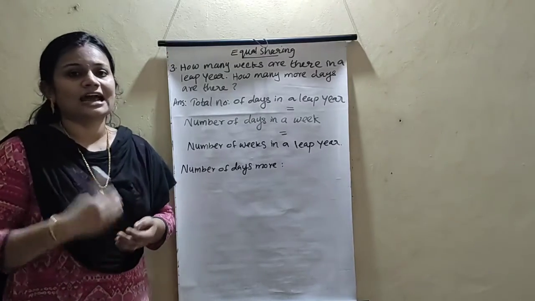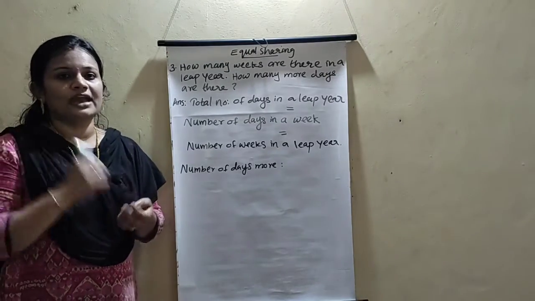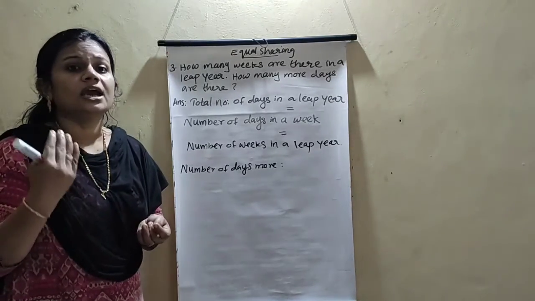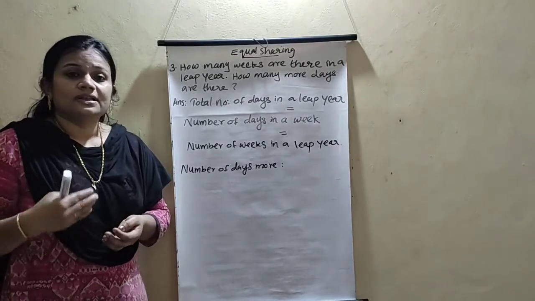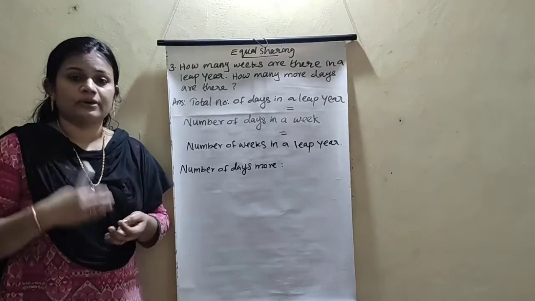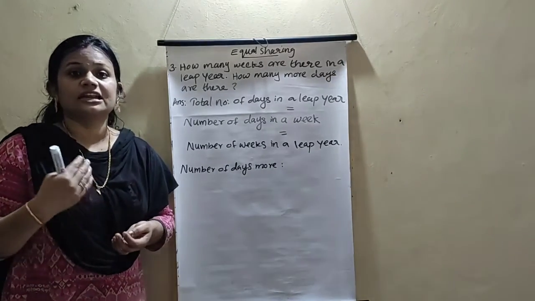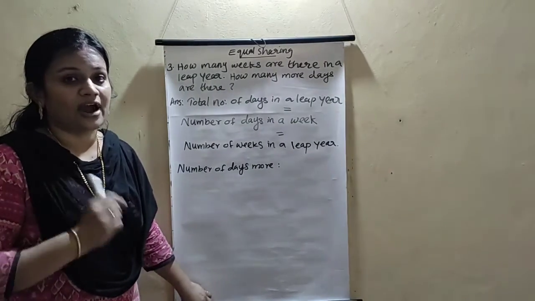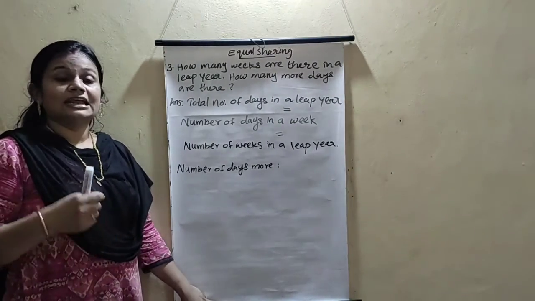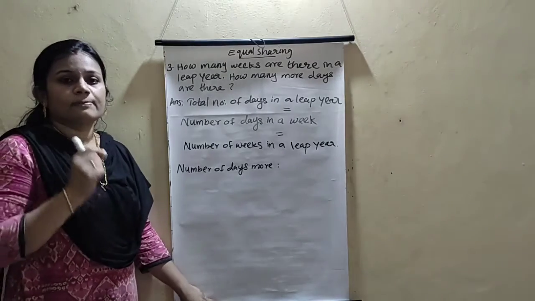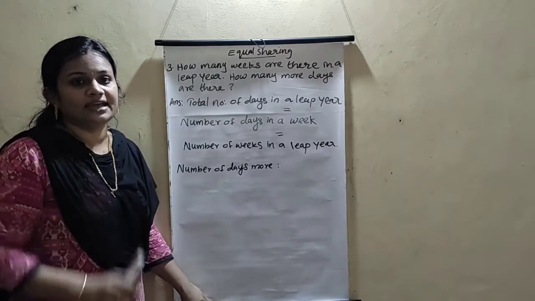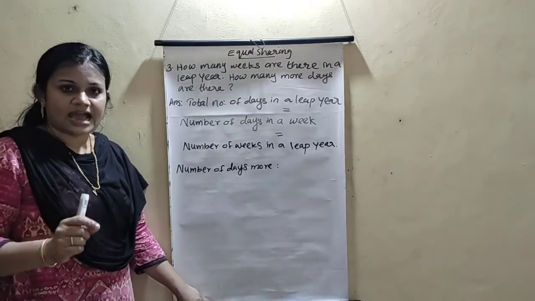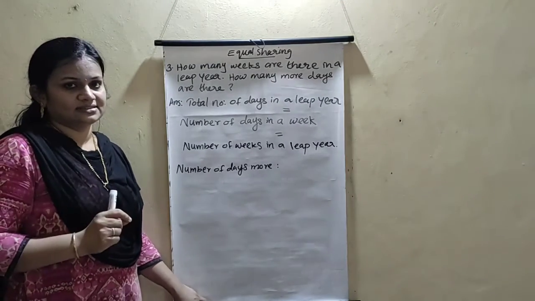You check your calendar and we get two dates for February, February 28 and February 29. If February has 28 days, that is an ordinary year. That one year is equal to 365 days. Then in a leap year, February has 29 days. Understood? In a leap year, February has 29 days.